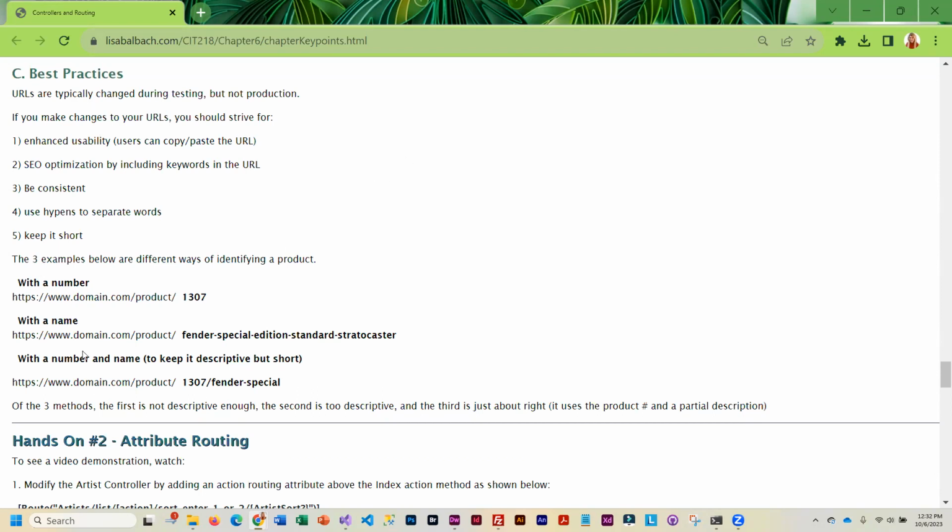And so this example shows 3 different ways of entering a product. This is just by number. This is by super lengthy description, which I would never do because I could never remember that. And this is by the number / and then a shortened version of the description. So the third one is